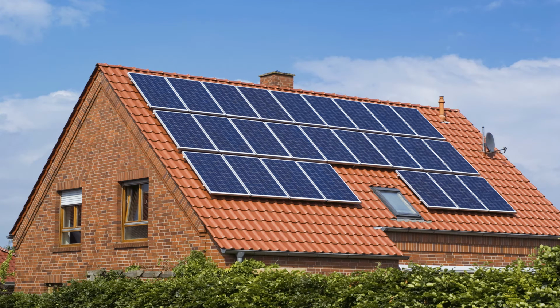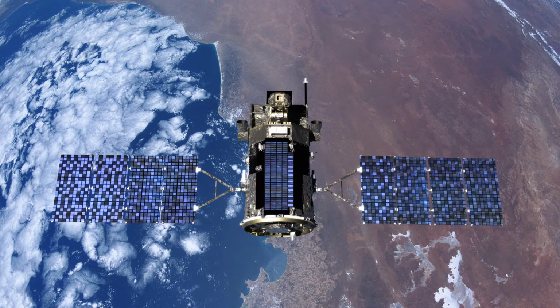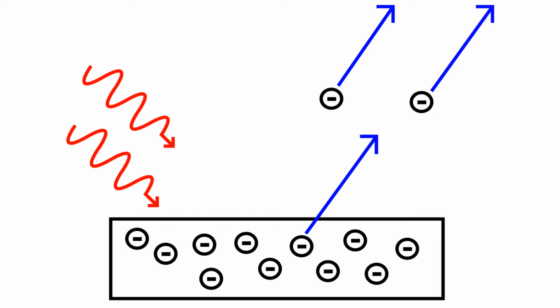Touted as a promising alternative energy source for decades, solar panels crown rooftops and roadside signs, and help keep spacecraft powered. But how do solar panels work? Simply put, a solar panel works by allowing photons, or particles of light, to knock electrons free from atoms, generating